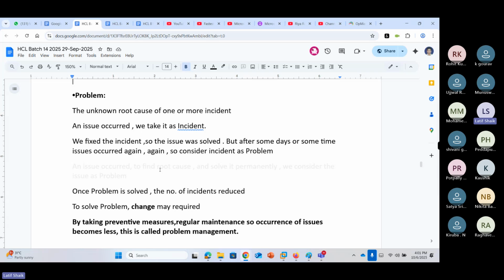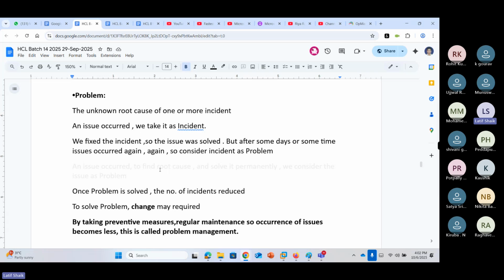You get the same repetition of the incident. So we consider an incident, multiple incidents, or repetition of an incident as a problem. Then we find out the root cause of these incidents and resolve the root cause, so the number of incidents will be reduced, or maybe in future we won't receive this type of issue.